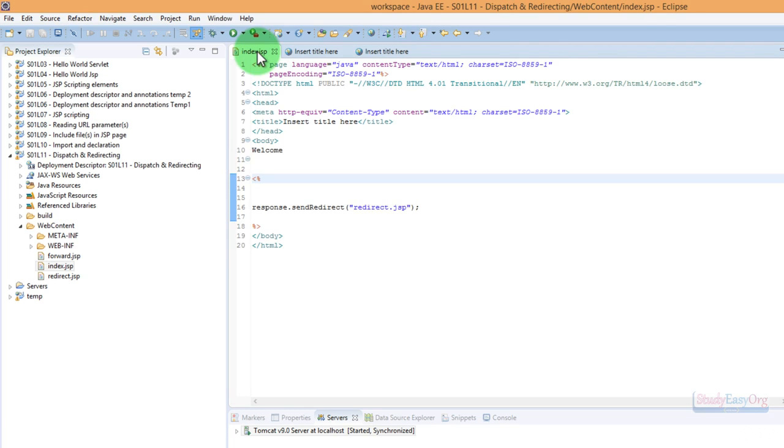Redirection means that your whole request would be redirected to a new URL, whereas when we are doing forwarding, only the information is captured and forwarded to the new page, and the response received by the page is displayed on the web page